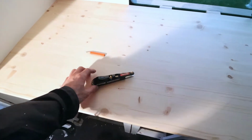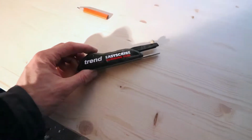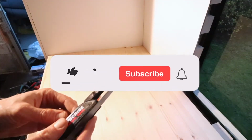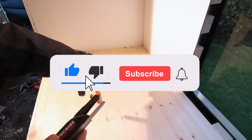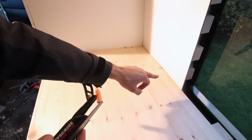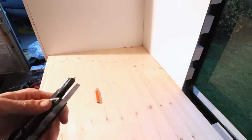To take the 20mm off the back, I'm going to use this scribing tool. It's called a Trend Easy Scribe. To get the 20mm off the back wall here, instead of cutting the 20mm and then scribing it, I can set this scribing tool to 20mm. So